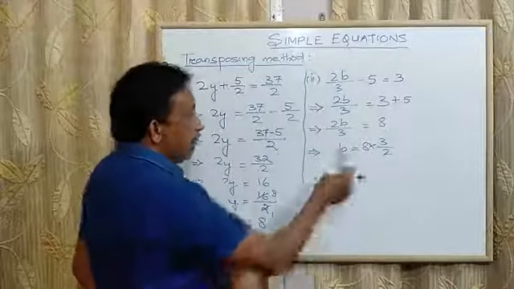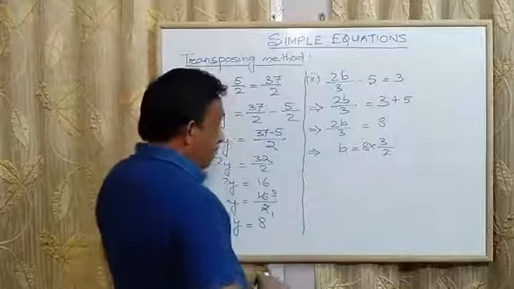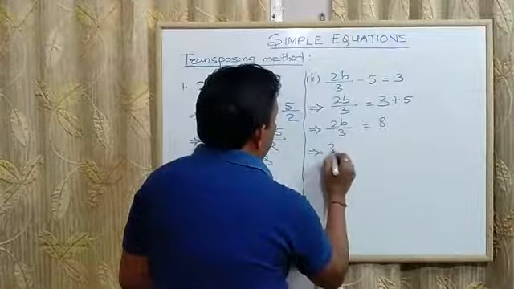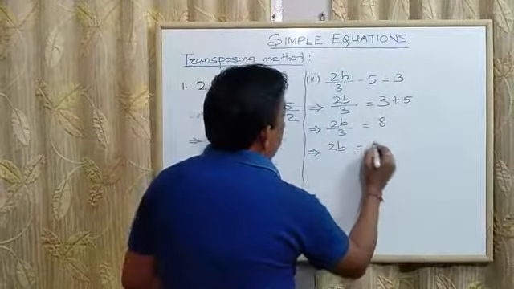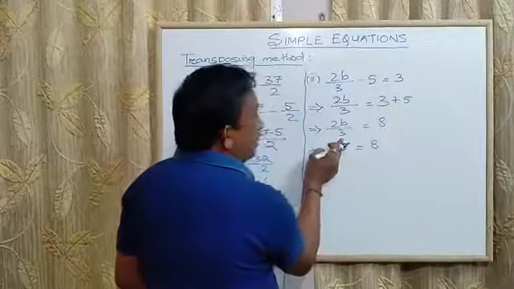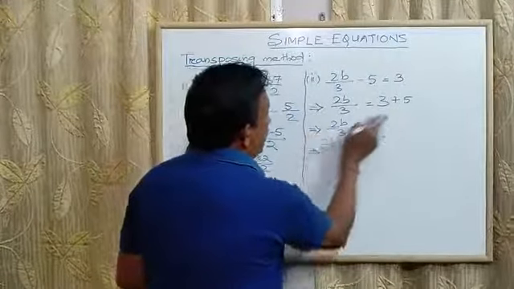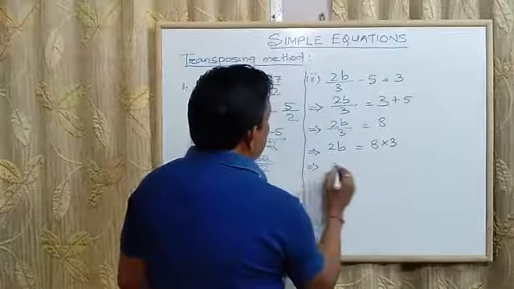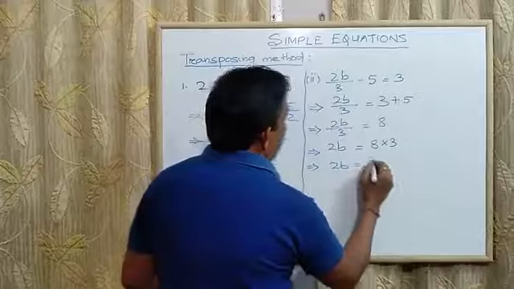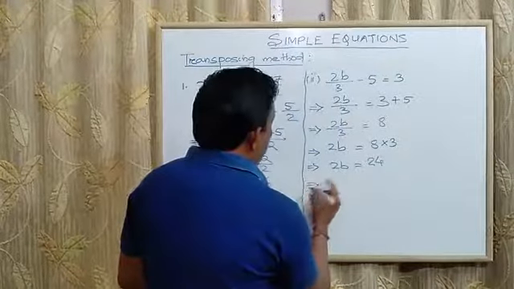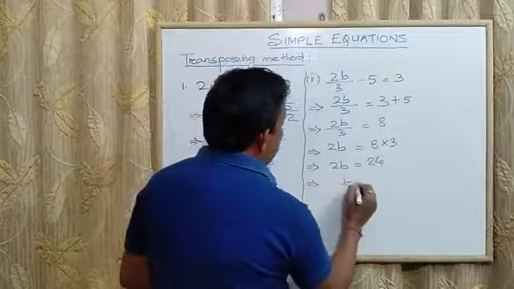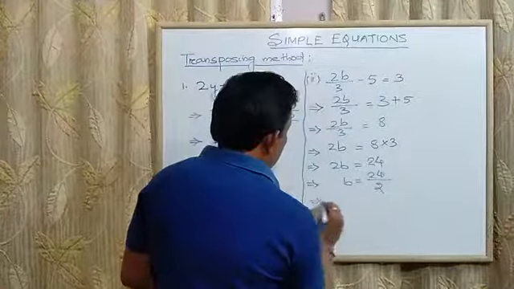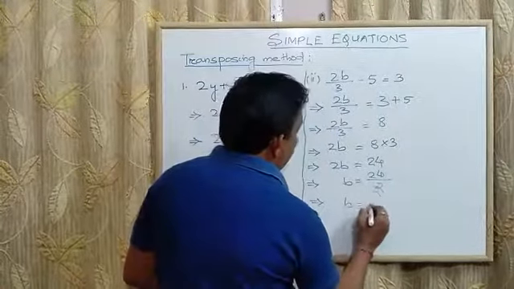The other way is a shortcut of this, which I have written in short. Actually it will go like this: 2b is equal to 8. This 3 is in the denominator, so it is division. When it changes the side, it goes to the numerator. So it becomes 2b is equal to 24. Now I have to move this 2. b is equal to 24/2. So b is equal to 12.